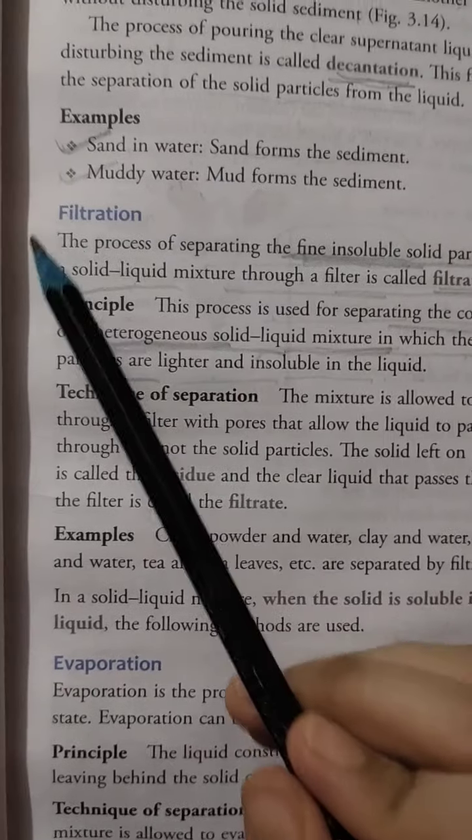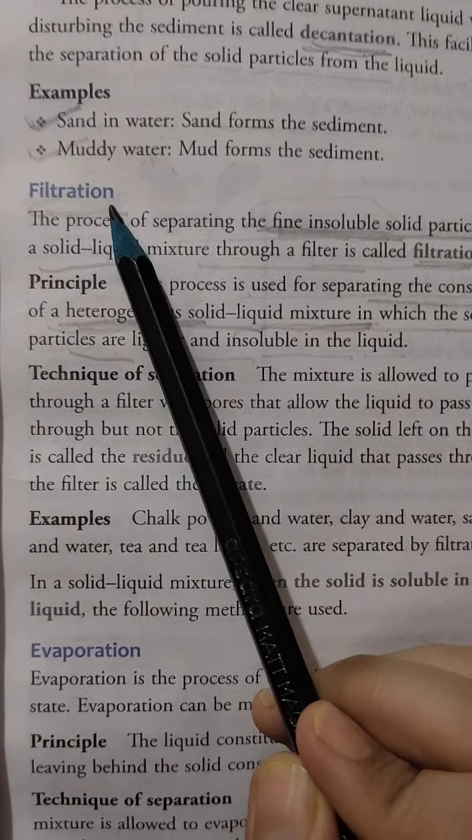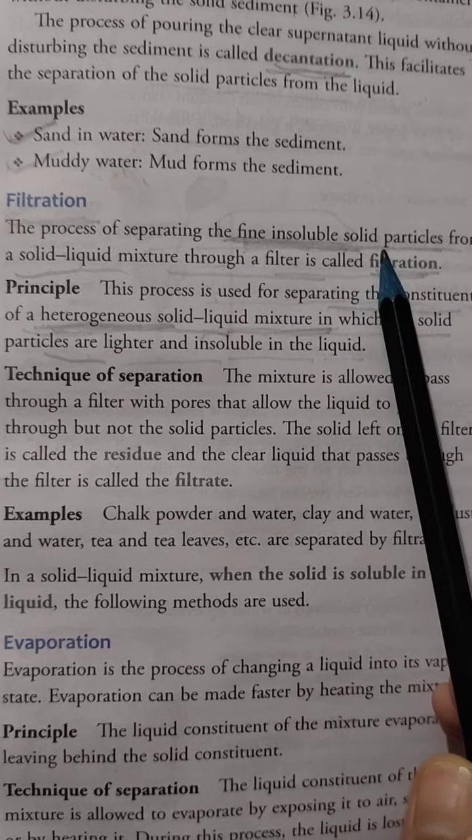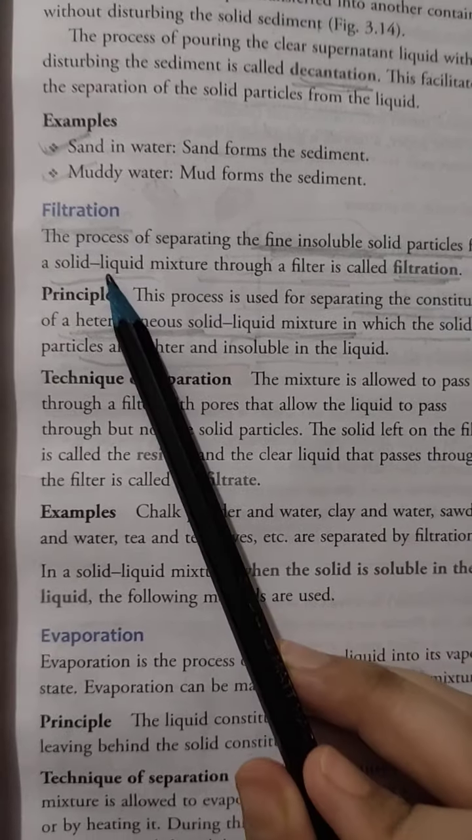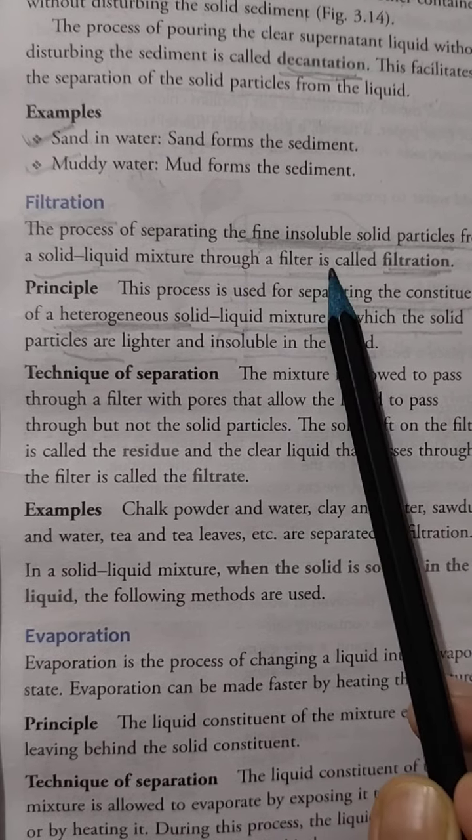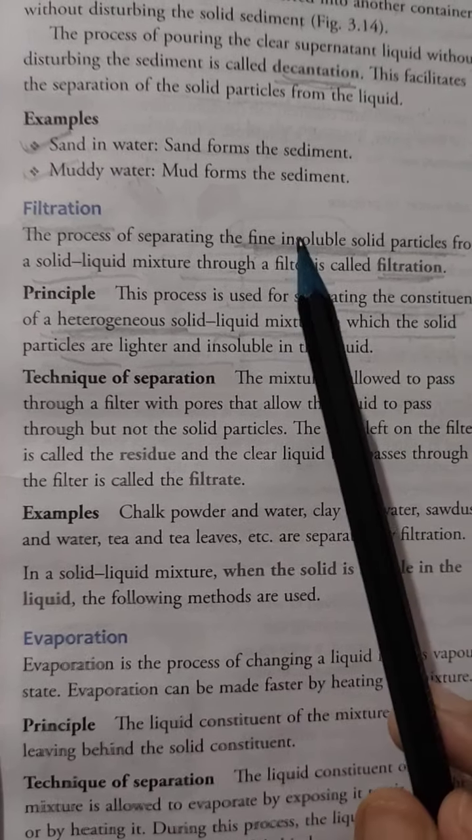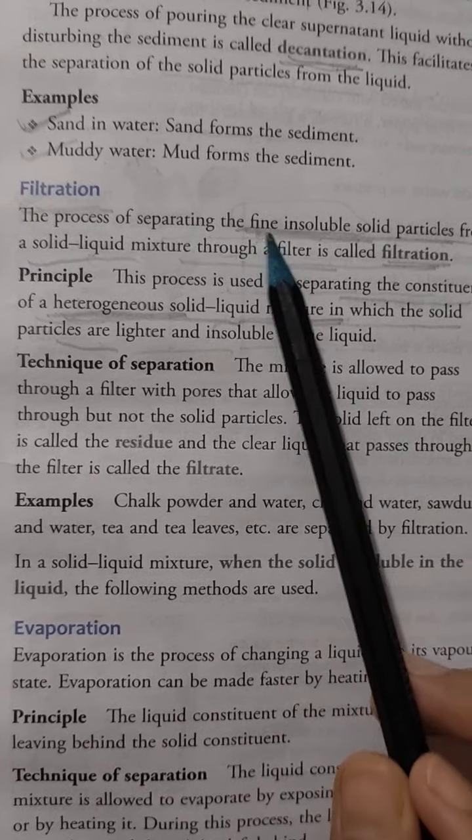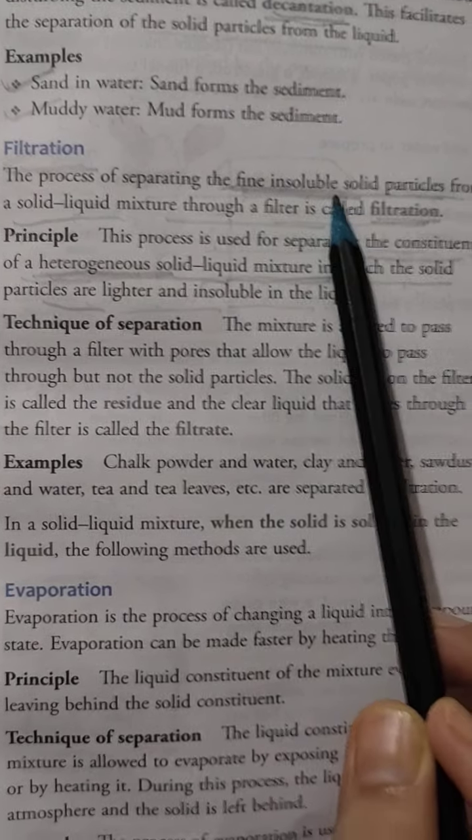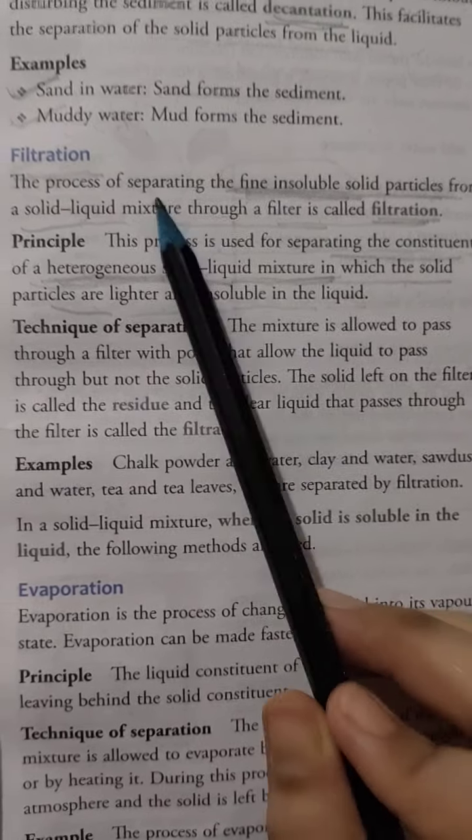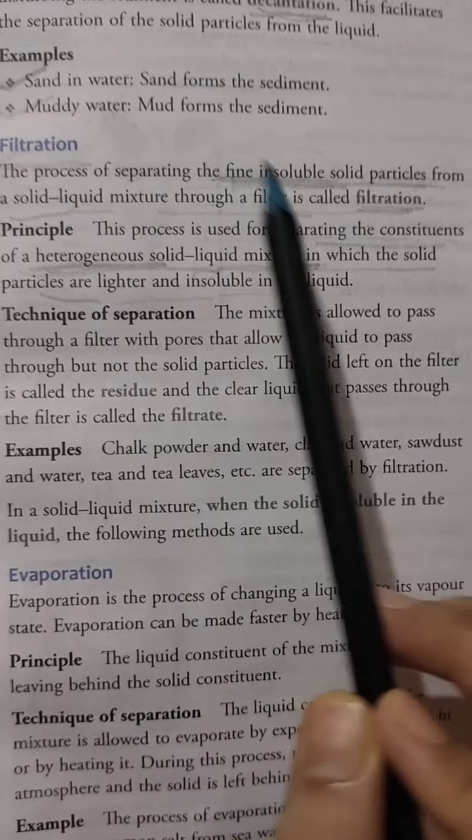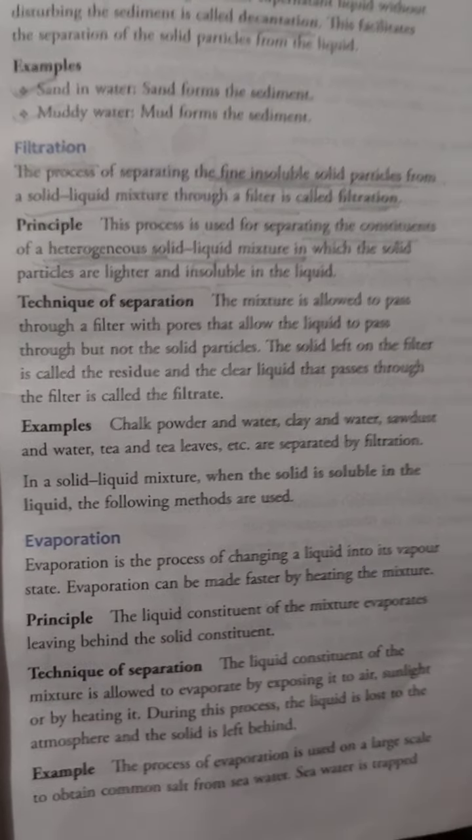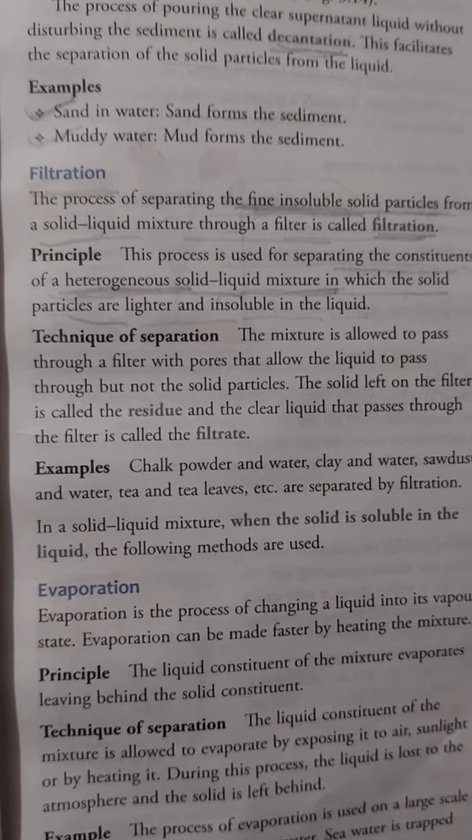Okay. The next method is filtration. What happens in filtration? The process of separating the fine insoluble solid particles from a solid liquid mixture through a filter is called filtration. What was the principle? What was the sedimentation? Sedimentation में जो insoluble heavy particles थे उनका separation हो रहा था, लेकिन filtration में fine insoluble solid particles का होता है जिनको हम naked eye से शायद ना देख पाएँ,